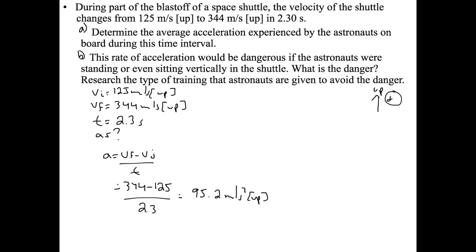This rate of acceleration would be dangerous if the astronauts were standing or even sitting vertically in the shuttle. What is this danger? Well, if you are accelerating too quickly, the blood rushes. So I'll just do one of my famous drawings here. There's blood in your brain, blood everywhere. But if you accelerate really, really quickly, that blood, due to inertia, tries to stay where it was. So what happens is that blood pools in your feet. It doesn't actually leave your body like my drawing kind of looks like, but what you end up with